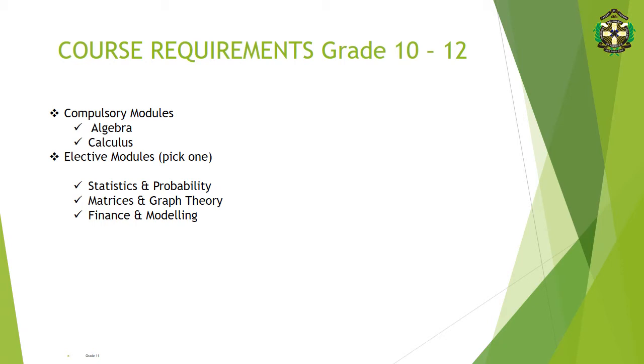So we have got a compulsory section of the syllabus which covers what is called algebra and calculus. Then we are required to choose one of the following topics as an elective module. So you will either do statistics and probability, or you do matrices and graph theory, or you do finance and mathematical modeling. So here, the pupils have got a choice, especially when they're in grade 10, to say that, no,